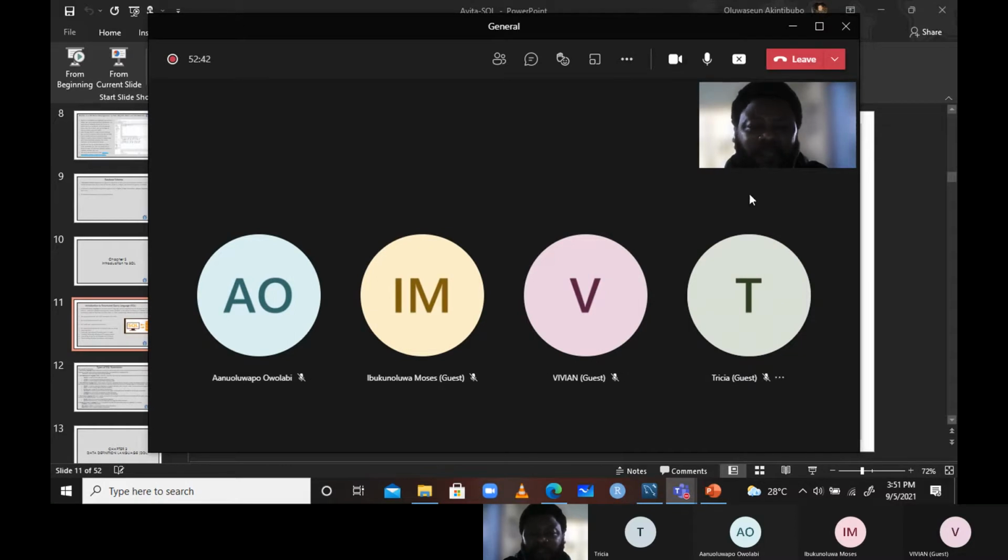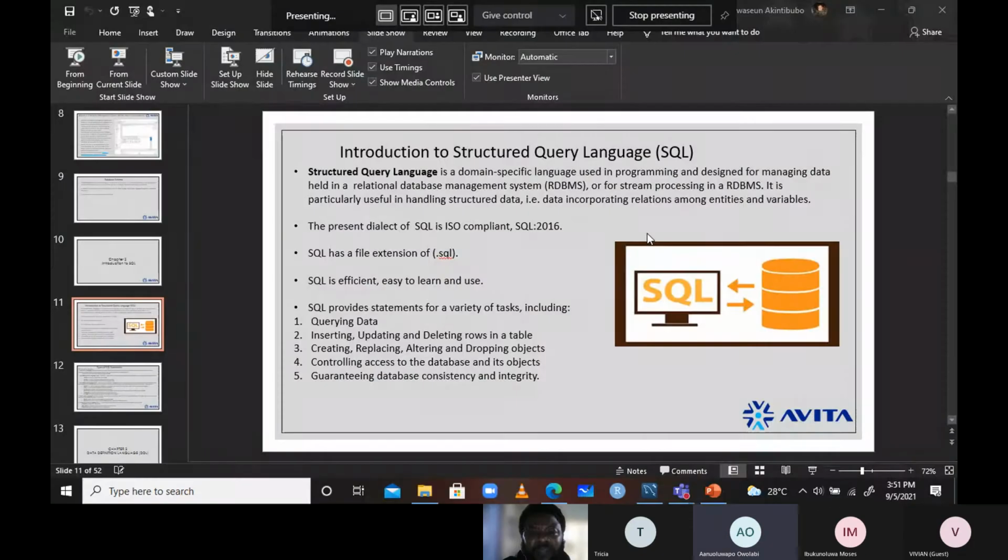Maybe she can exit and join again, maybe that will help. Just let me know if you can see my screen now. Can everybody see my screen now? I can see your screen, sir. Patricia, can you see my screen? Oh, no, I can't see. Okay, what you will do is log out of the class and log in again. Okay, sir.